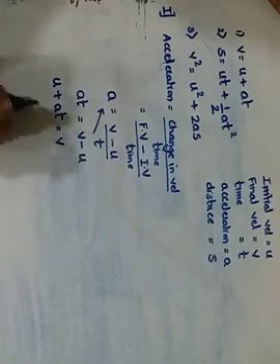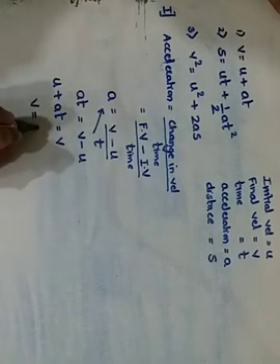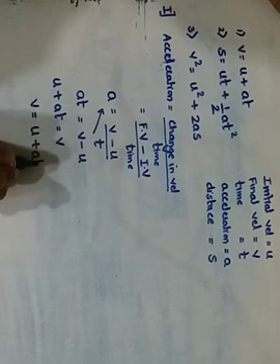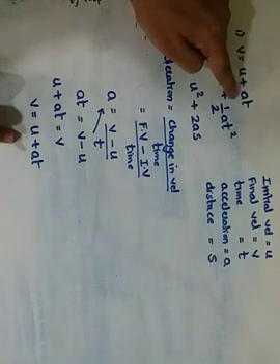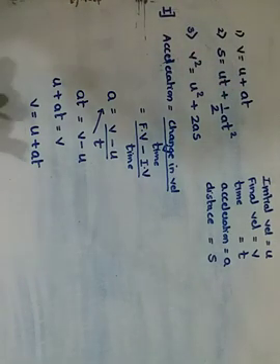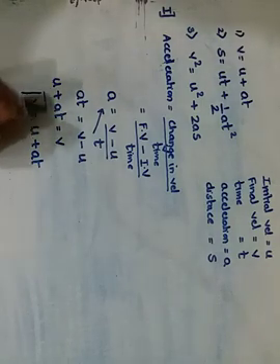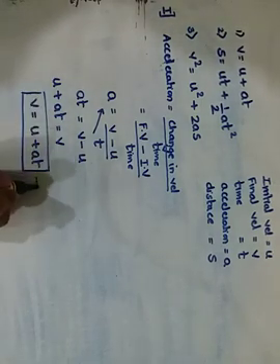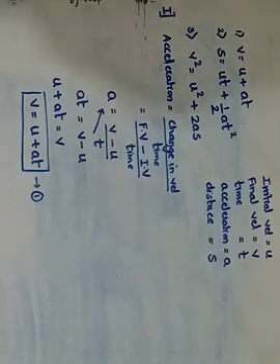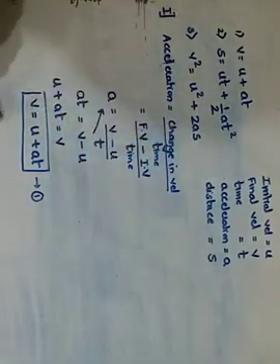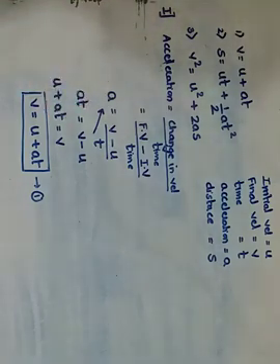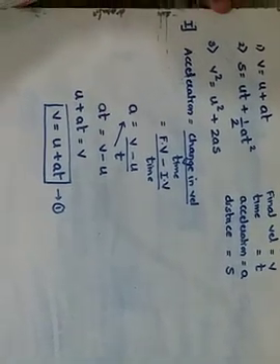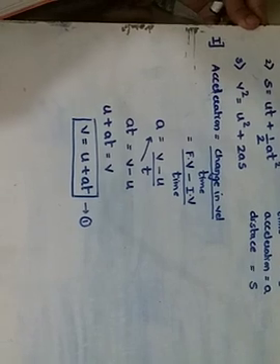So in short, if I reverse it and write it, v is equals to u plus at is your first derivation. That is, v is equals to u plus at. This is called as first kinematical equation. Getting it? I will denote this as equation number 1 because the same formulation will be applicable later on in the second and the third part. Getting it? Okay. So we proceed further.